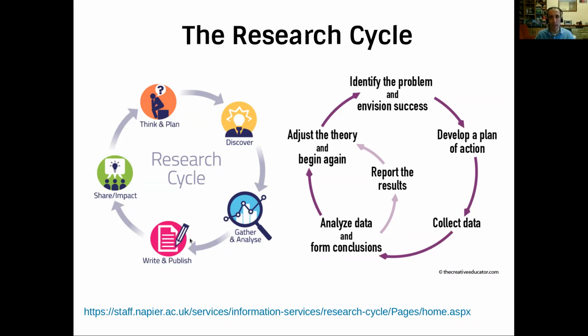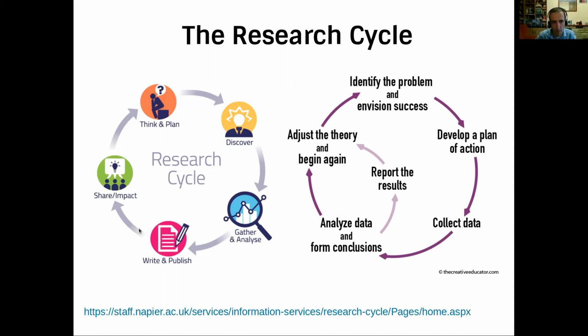And I suppose the catch-all word for this is dissemination. So it may be a paper, it may be a blog post, it might even be a video explanation, it may be a talk like this. And that then is the creator of this idea of impact, where the researcher